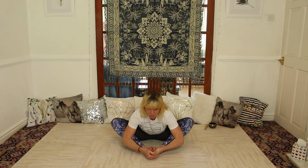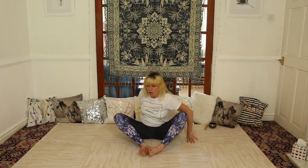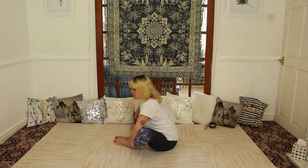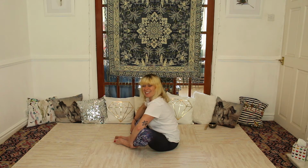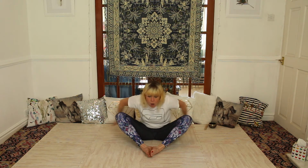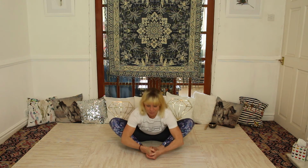Get to wherever is comfortable for you, and it's fine if your hands are resting on your shins. If they are here, then you will be working towards lifting, creating space and hinging forward, millimetre by millimetre. Very tiny steps, progressive steps. So when you get to that position of comfort,